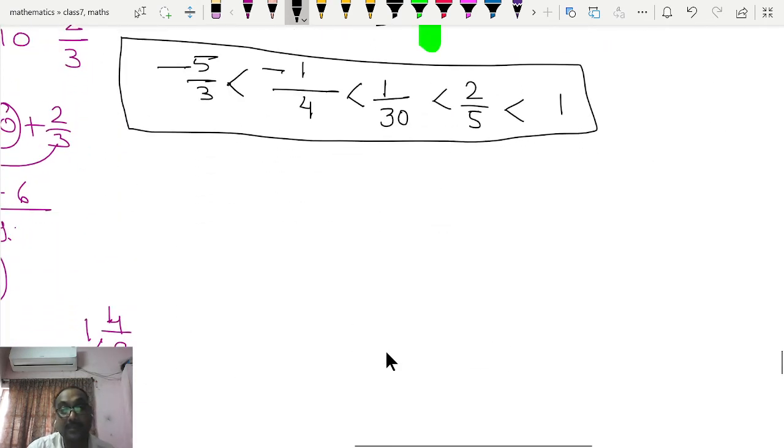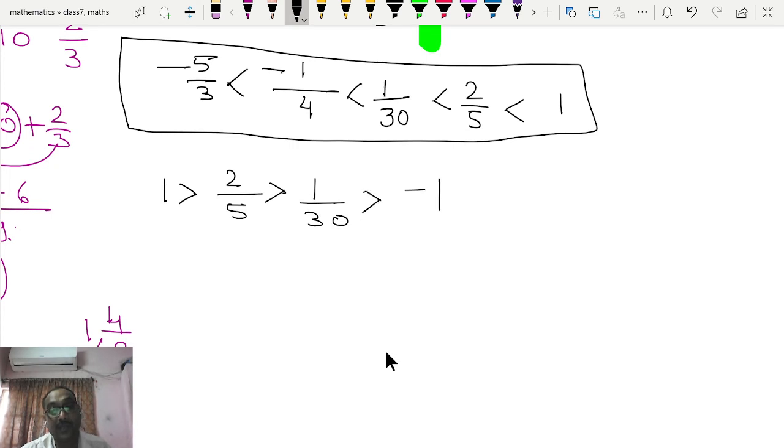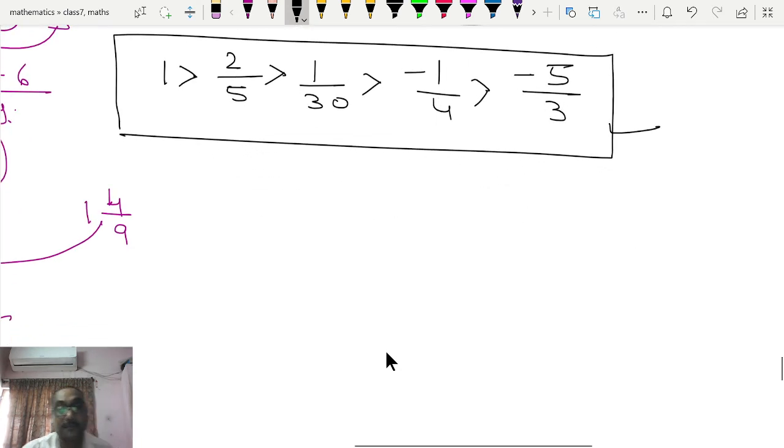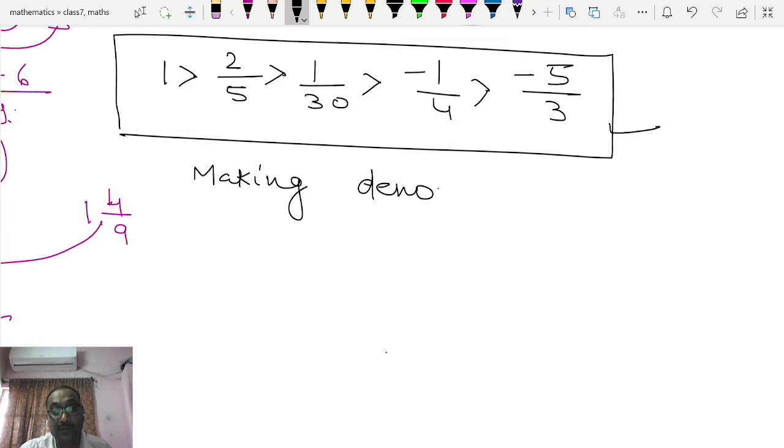If we want to write the same numbers in descending order, we will write it as this. Only the sign of this arrow will change its direction, and you may write it as this. So this is the descending order of the rational numbers, and this is ascending. Okay, it means making denominators equal,